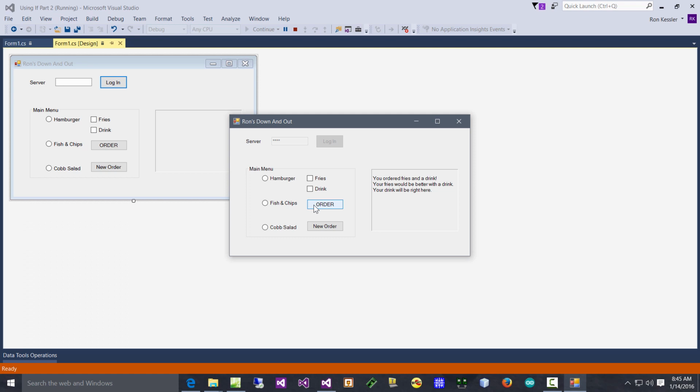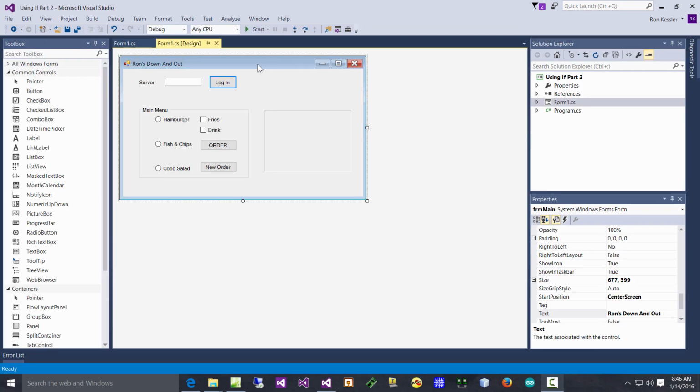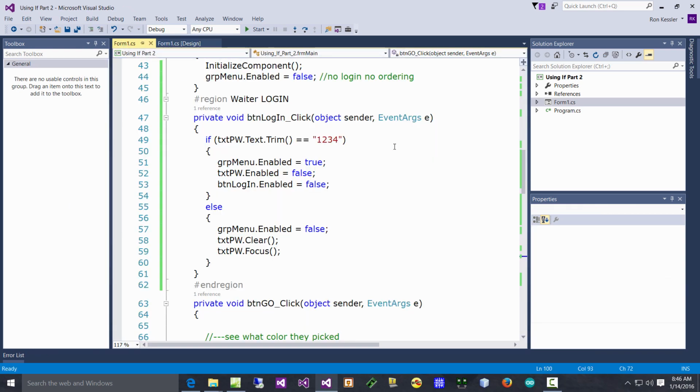So as we look at the code, you'll see that I'm making decisions based upon whether they picked two to begin with, or if they just picked one, and if they picked one, I've got to figure out which one they picked. Okay? So that's kind of what that does, and then there's some other things in here I want to show you in terms of coding. And we'll just get out of this for a second and take a look-see at our code. As we start at the top,